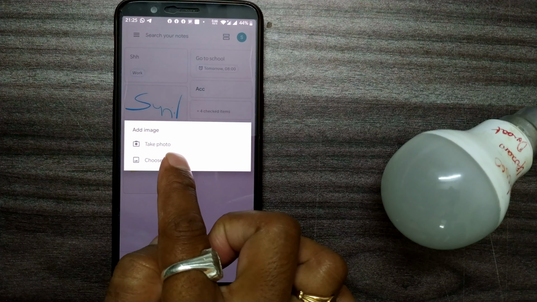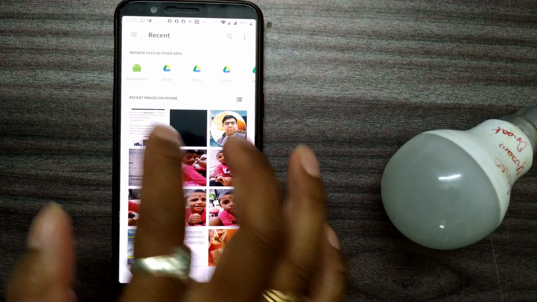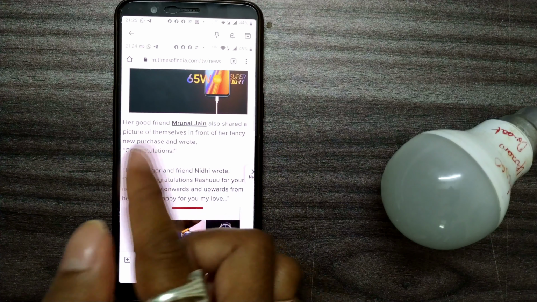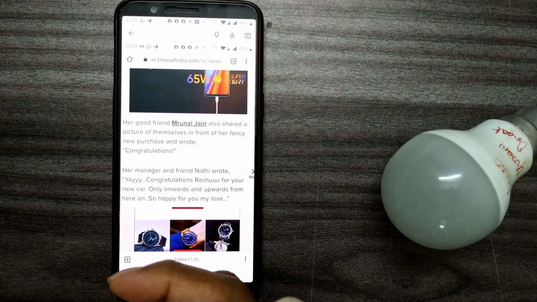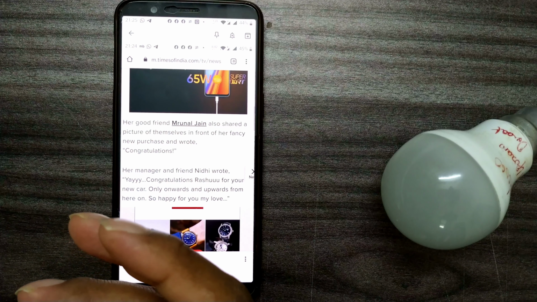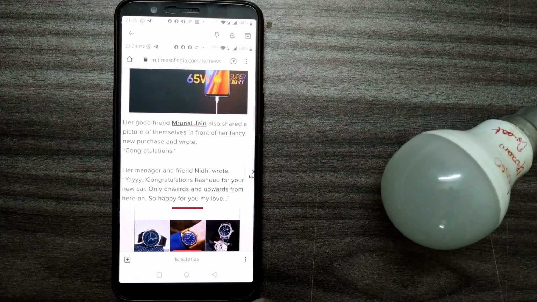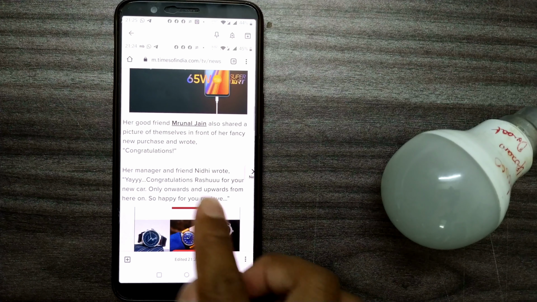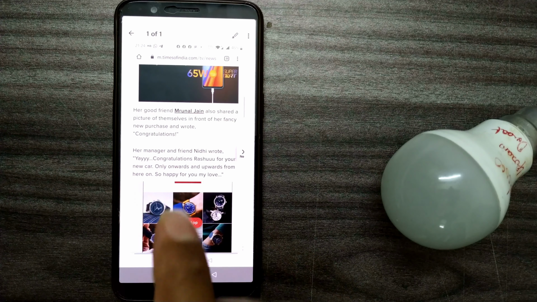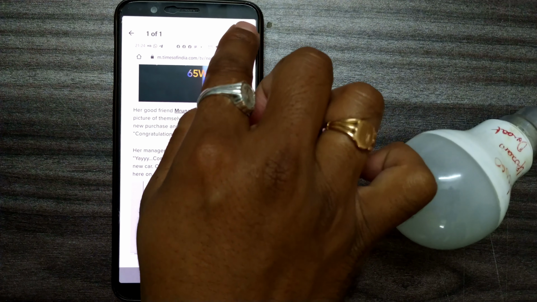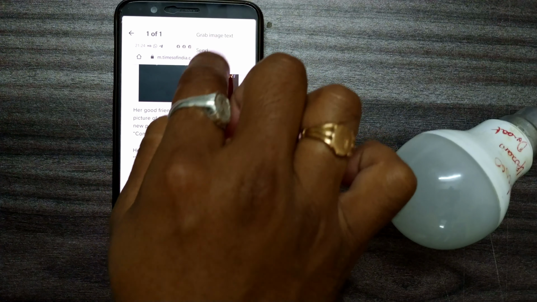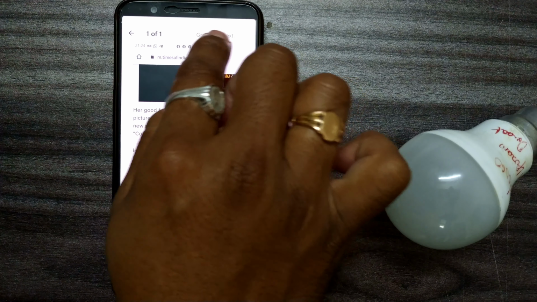A screenshot I had taken from the internet. I'll show you how to do that. For example, this is an image here. I have taken a screenshot. The same thing you can take on your camera from a page of a book or whatever requirements you have. So here what I'll do, I'll click here. First of all, once I click, then once I press here, these 3 dots will be activated. I'll press these 3 dots and you can see the first option, that is grab image text.